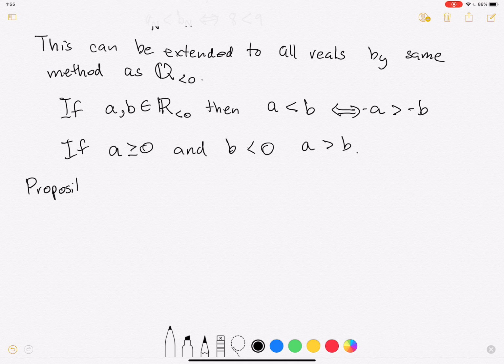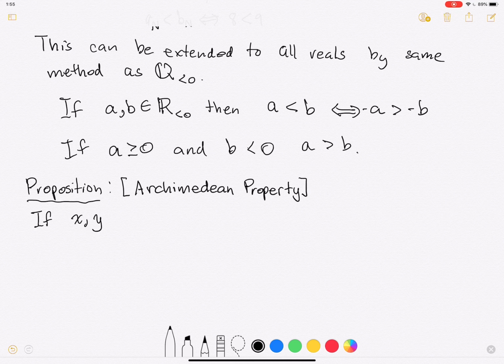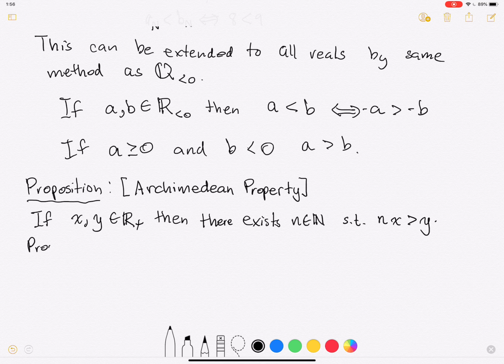Proposition. This is known as the Archimedean property. If x, y are non-negative, then there exists n in the natural numbers such that nx is greater than y. So a proof: